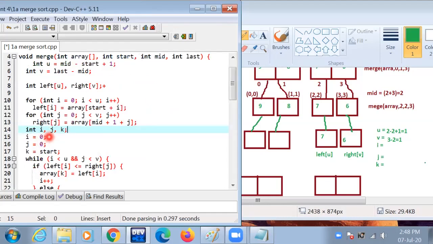I and j and k are initialized. I value is 0 and j value is 0 and k value is start. Start value is 2.